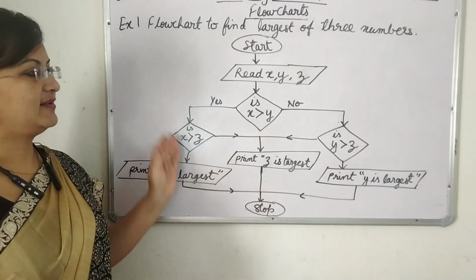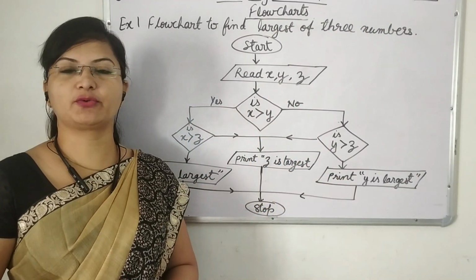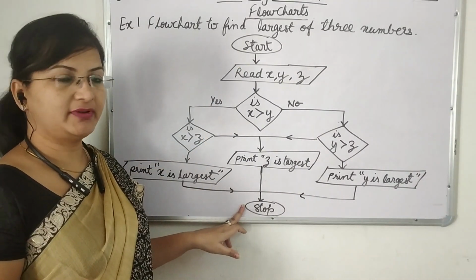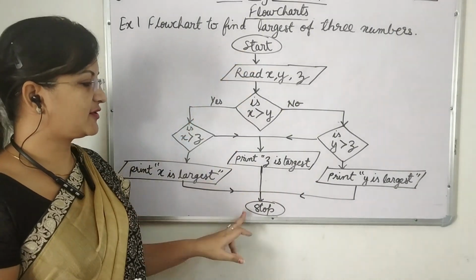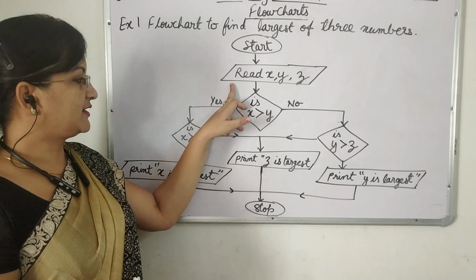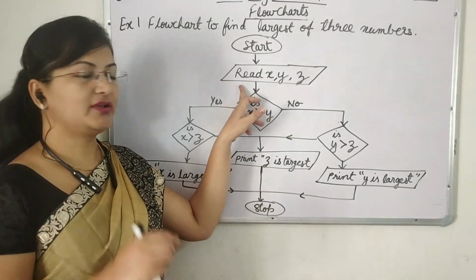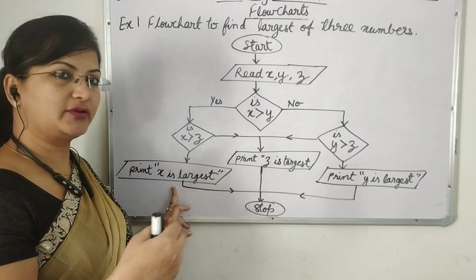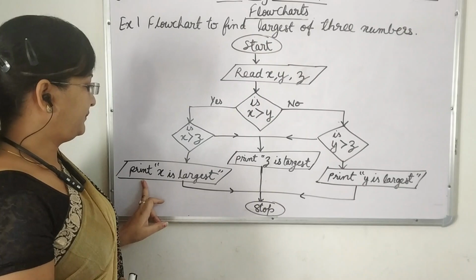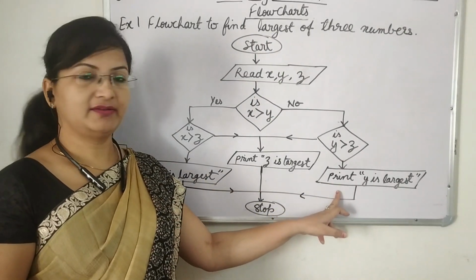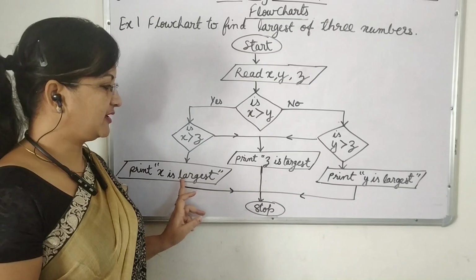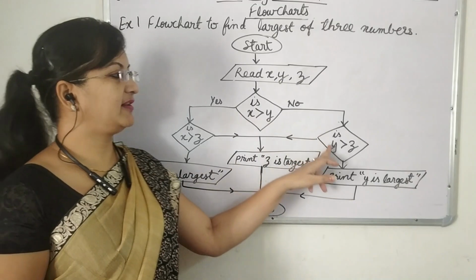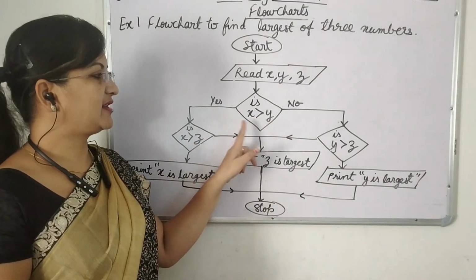So students, these are the symbols. You can see I have already told you about the symbols used in a flowchart. I told you about the oval shape. The oval symbol is used for start and stop. You can see this is input, this is output. Input is to insert something, and output means to get the output, to print something. Here you can see we are printing some message on the screen. So this is output. Input and output symbols will be the same. And here these are three conditions. These symbols are used for conditions.